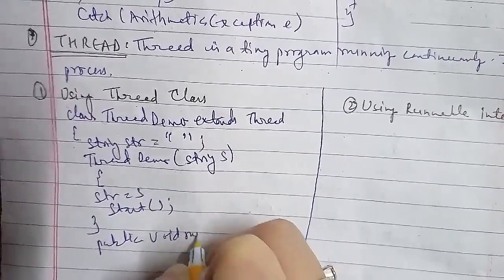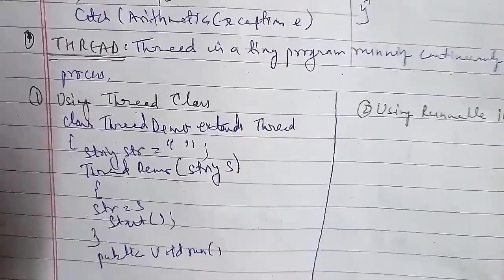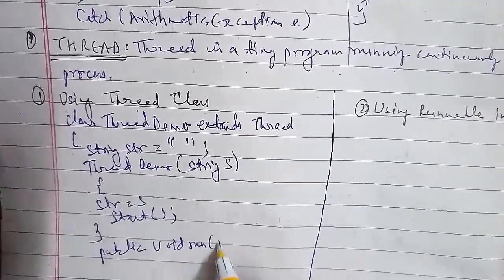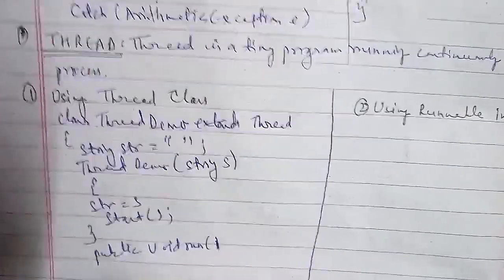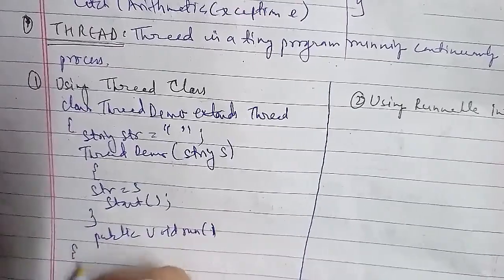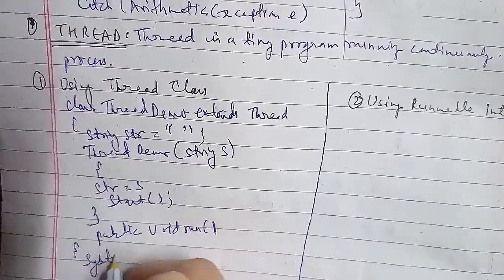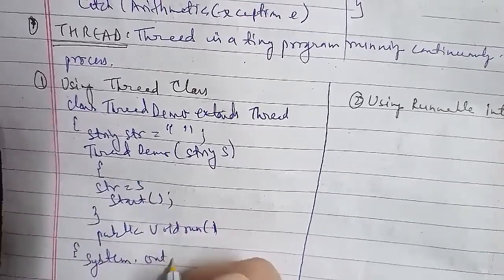Then public class ThreadCreate, start another curly bracket,